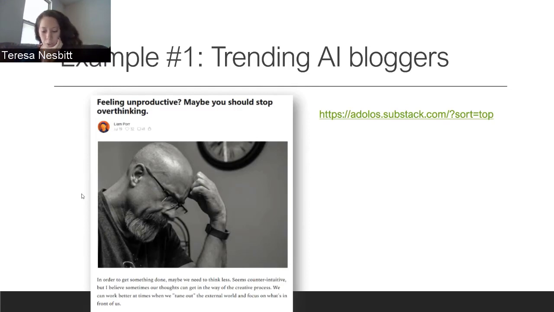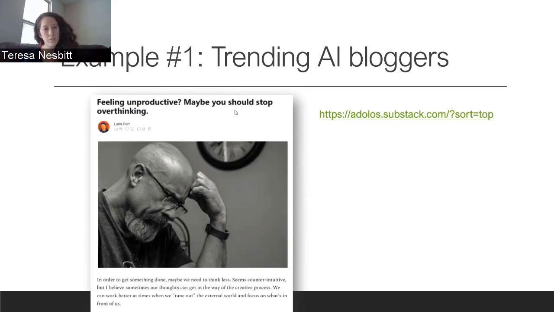What he wanted to do was see how quickly he could get his blog to go viral if he completely populated it only with AI-generated content. So he started in early July, and you'll see this article was published on July 19th. He had a handful of articles up on the blog at this point, but this was the one that went viral on the same day that he published it.